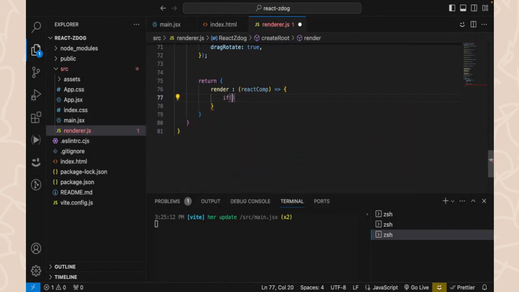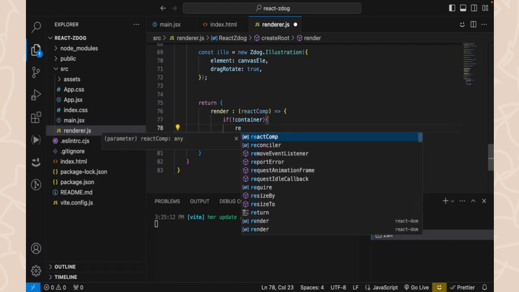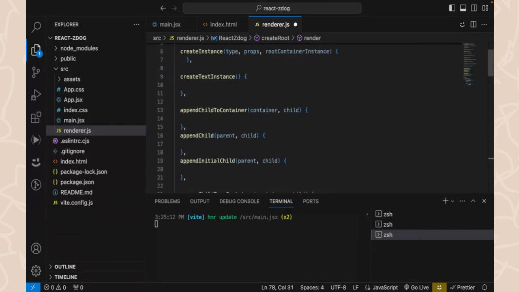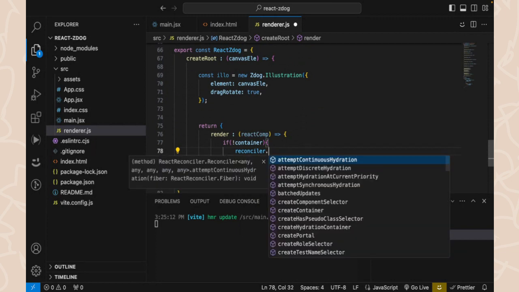And if the container is not there, within the React reconciler there are two methods called create container and update container. The first time you will have to create the container, and every time your whole application updates, it will give the update. So we'll check if the container exists. If it does, we won't create it, we'll just update it, but if it doesn't, we'll create a new container from scratch. So the reconciler which we created here can